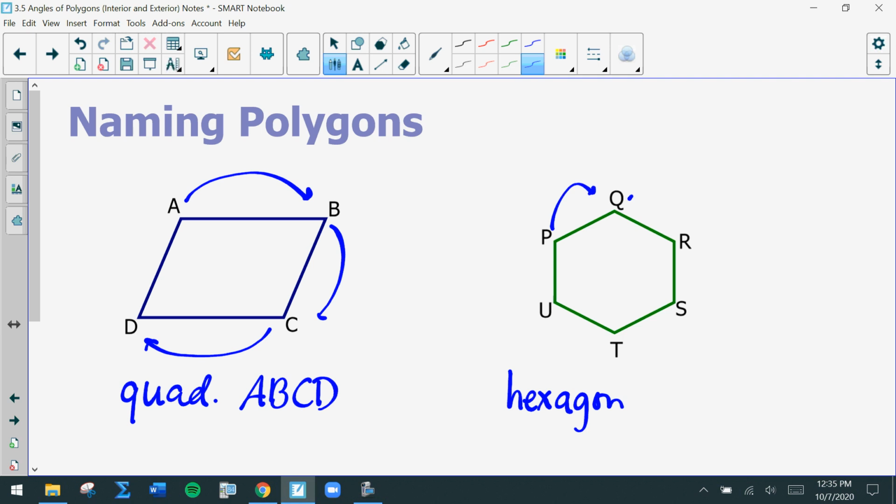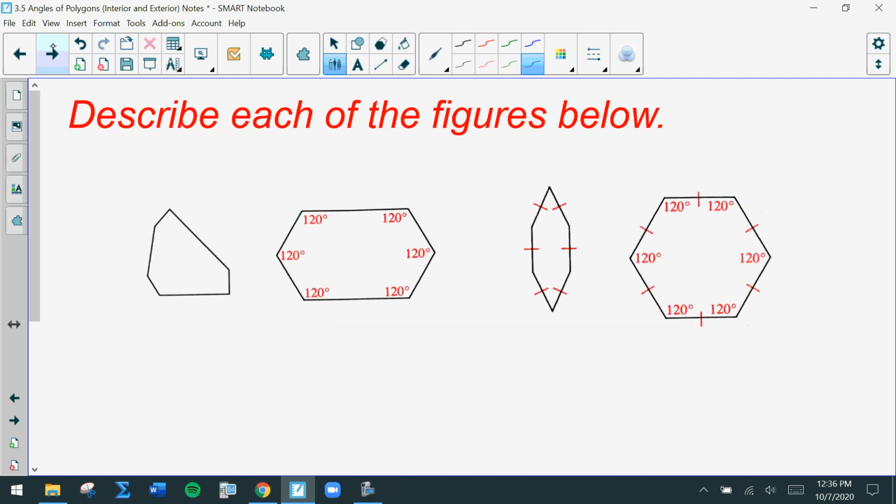And I'm going to start at P and then keep going. So P, Q, R, S, T, U is the name of that polygon. Okay, so you're just naming all the vertex points when you're naming them. All right, so in this diagram, I want you to draw each of these, and then we're going to describe